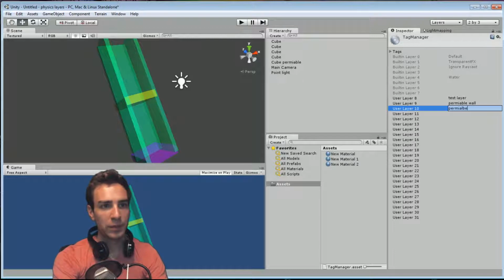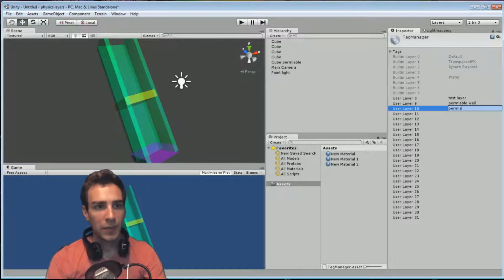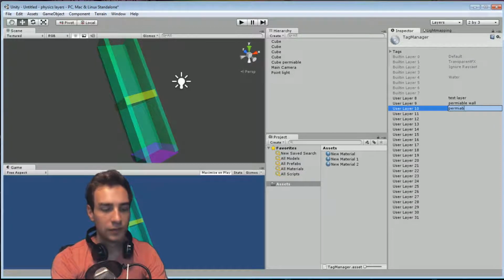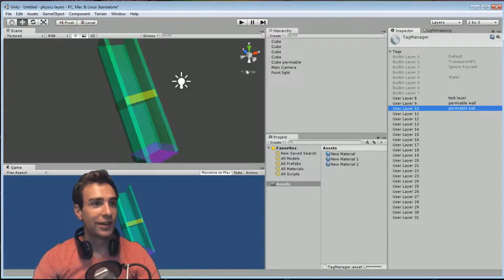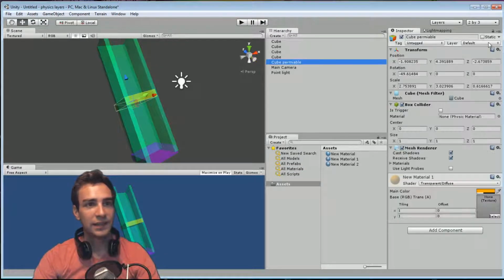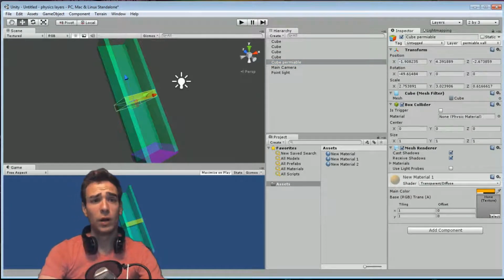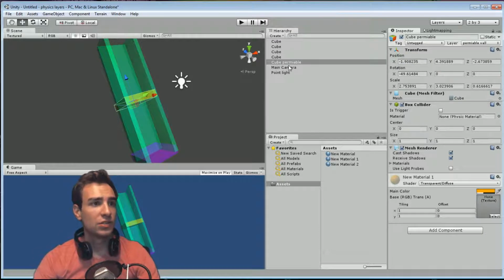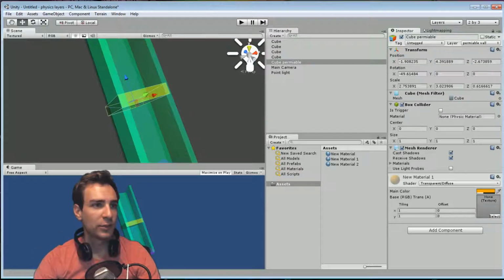Am I even spelling permeable right? Can't see. My mouse is in the way. Permeable ball. All right, there we go. All right, so let's select this, and let's make it on the layer permeable wall. Now what we should do is let's actually zoom into that so that we can create a sphere